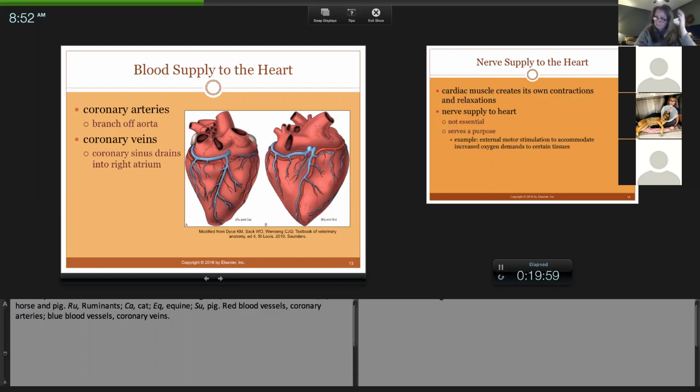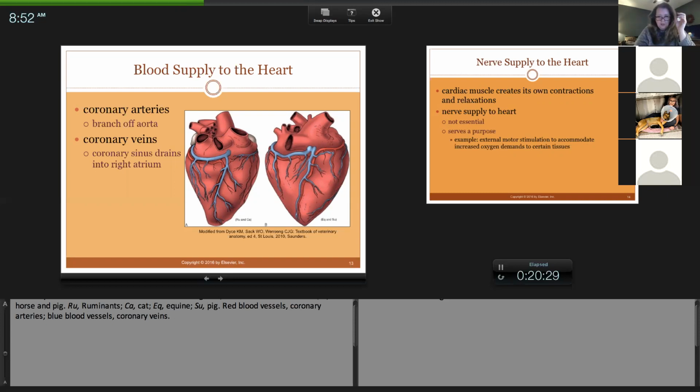I didn't bring this up in lecture. In people, if there's a major heart attack, they call it the widowmaker. My neighbor two houses down was shoveling on a winter day. Luckily, we have a hospital very, very close to where we live, and he got in right away. But he had a major blockage to his coronary artery. If someone says, I'm having a coronary, this is where this comes from.